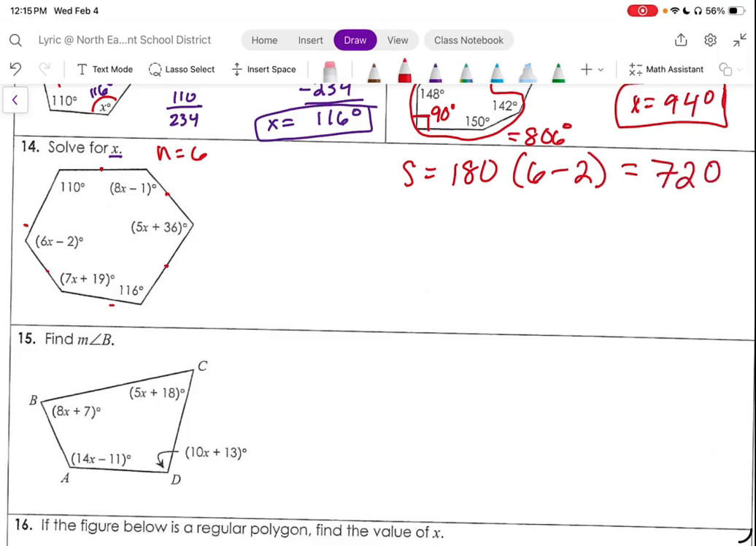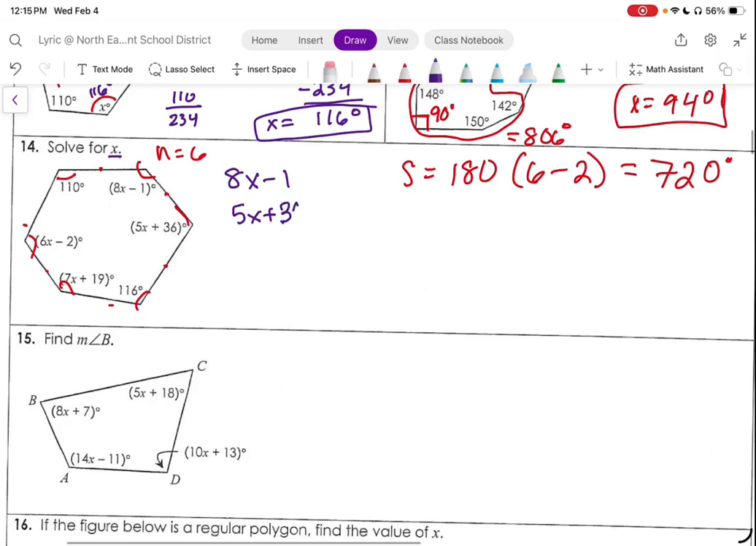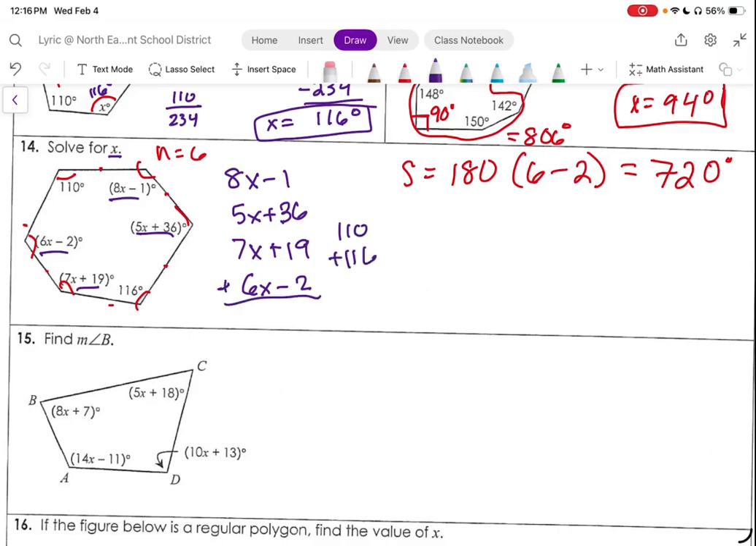So what does this mean? All the interior angles added together equal 720 degrees. Now, we have a bunch of expressions here, so let's add them together and figure out what they are all together, and then we can write an equation. It might be easiest to add these together vertically so that we don't miss anything. I added all the ones with the expressions, and we can also add the 110 and the 116 together for 226. The expressions total to